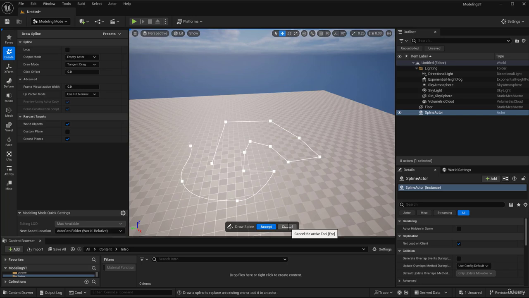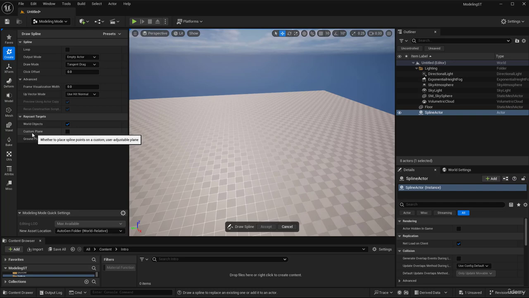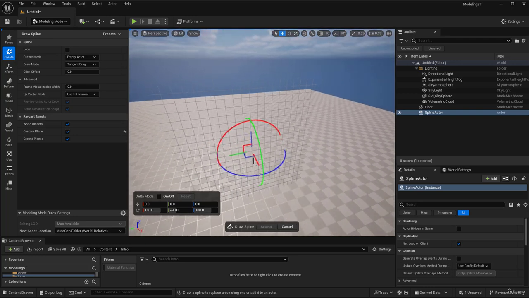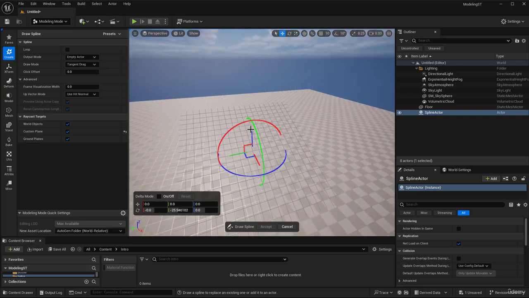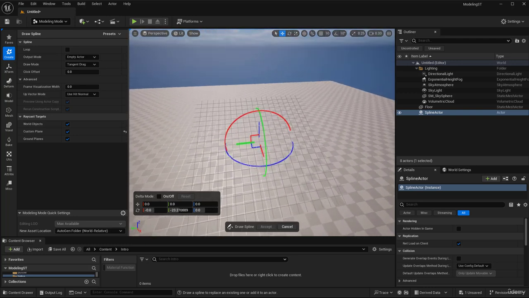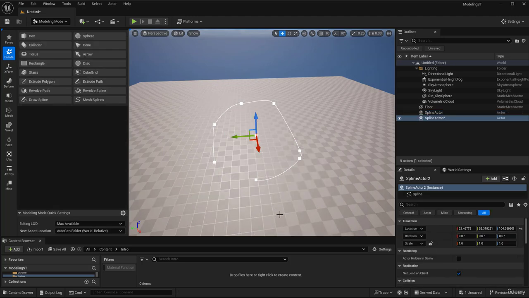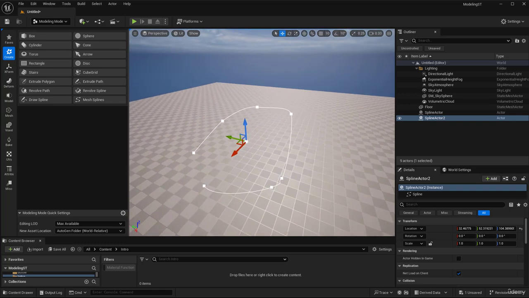And let's go ahead and cancel that. And again, click on draw spline. And if you come over here, you can see we have a custom plane. So if I check that on, you can see I have a plane in the viewport. And if I rotate that, let's say, I can draw on it. So if I click and drag and create the curve. And now if I hit accept, and if I go ahead and move my camera,